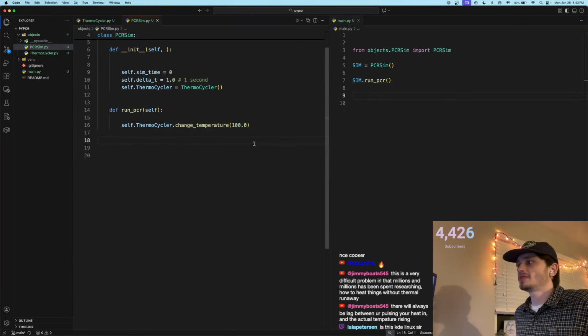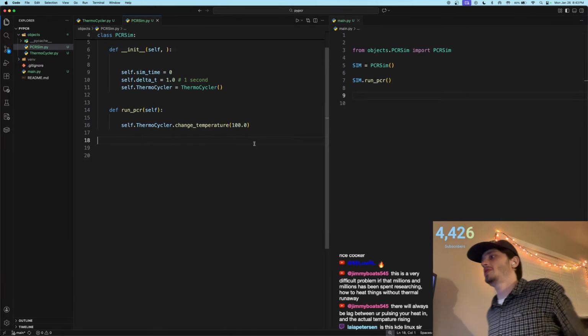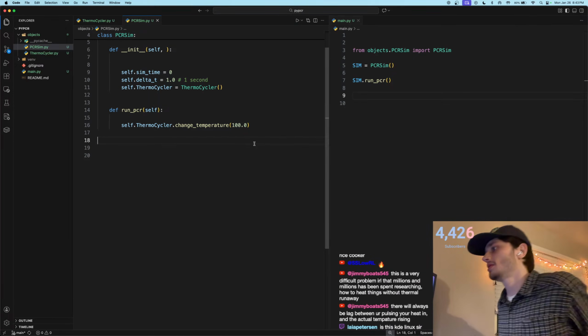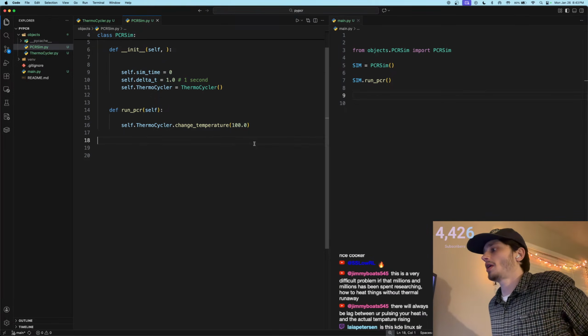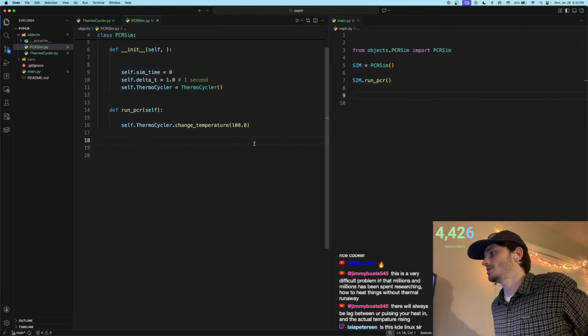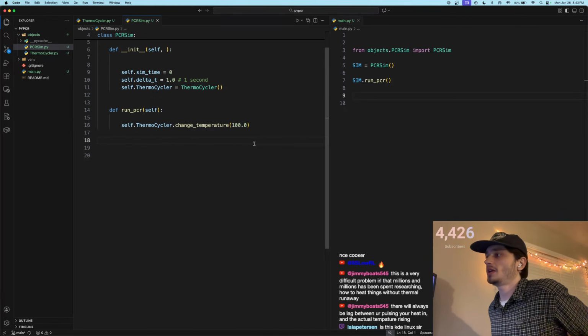We have a delta time, which is basically our factor per second, which is 1 second per second. We can make it 0.5 seconds per second or 2 seconds per second to speed it up or whatnot. And this delta t will be